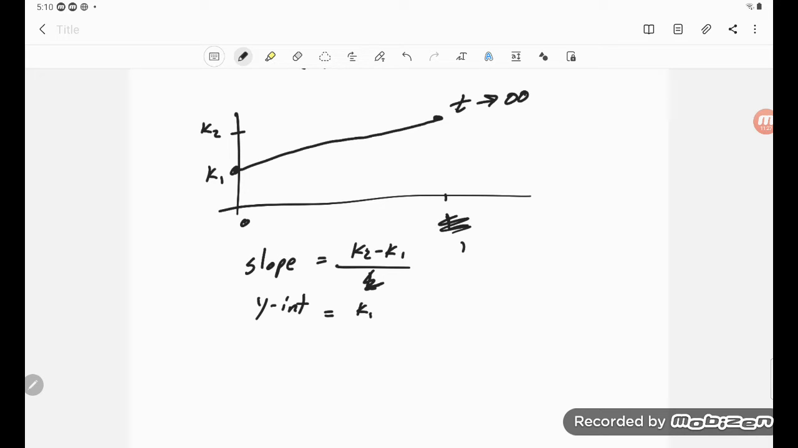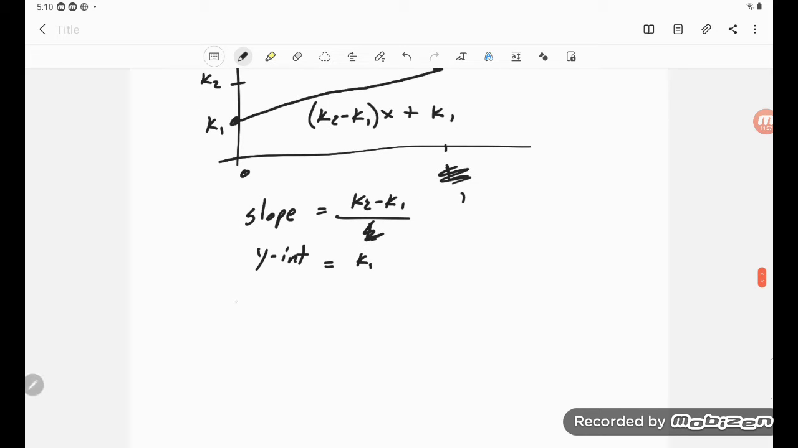So this particular function right here is simply K2 minus K1 times x plus K1. And so actually what they suggest then is that